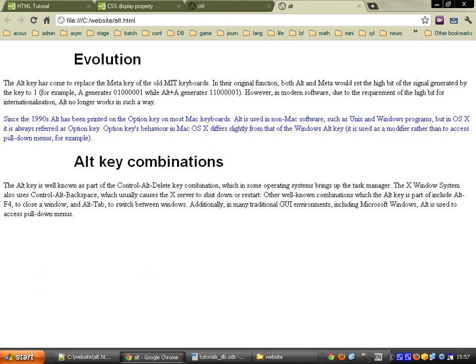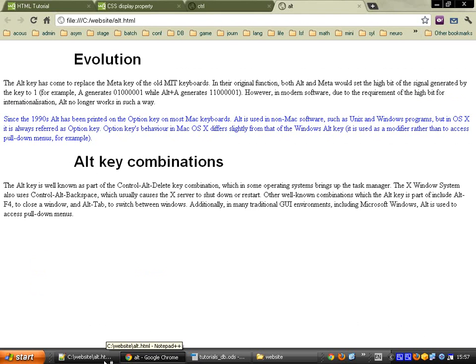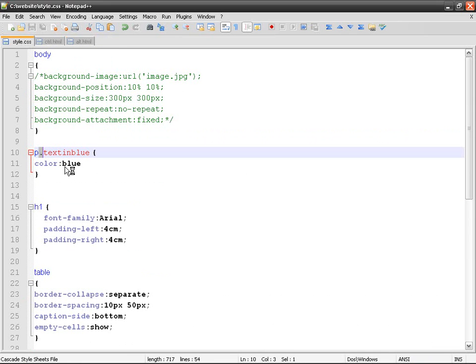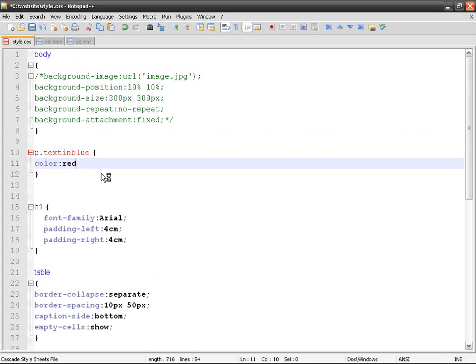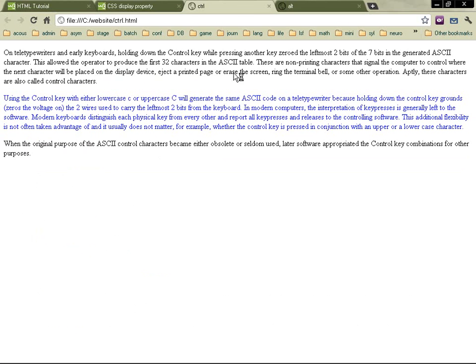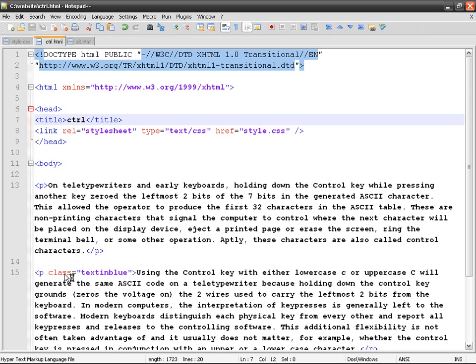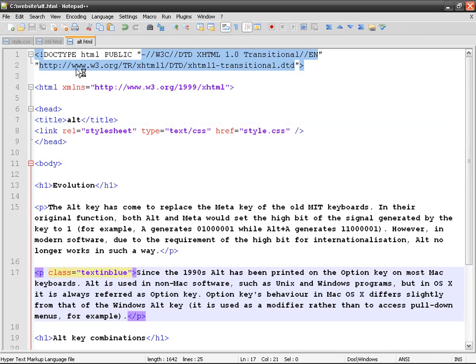If for example I change my mind and I want everything, all this in blue, to change it to red, it's quite easy. So I go back to my style sheet and P text in blue, color red, save, and then refresh, and I got it directly, so I didn't have to open both files and change style equals and then style equals. I just do it with one more general or